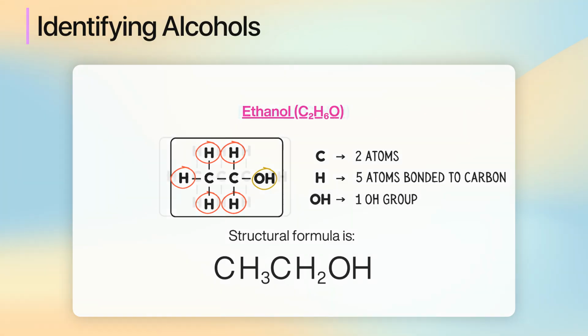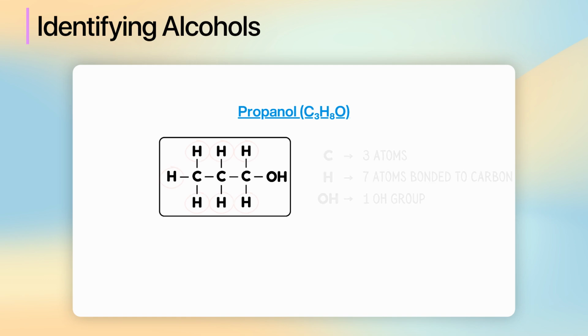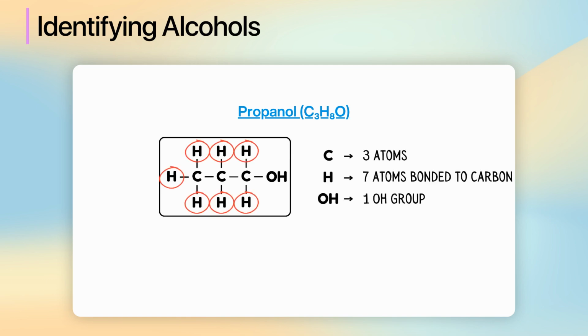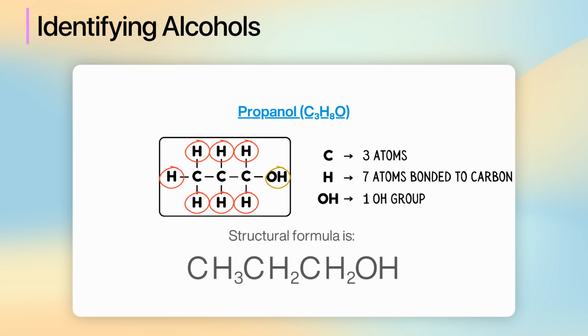CH3CH2OH. Propanol consists of 3 carbon atoms, with 7 hydrogens bonded to carbons, and with 1 carbon attached to an OH group. There are actually 2 forms of propanol, but for your GCSEs, you only need to know about the form where the OH group is attached to the last carbon. This has the structural formula